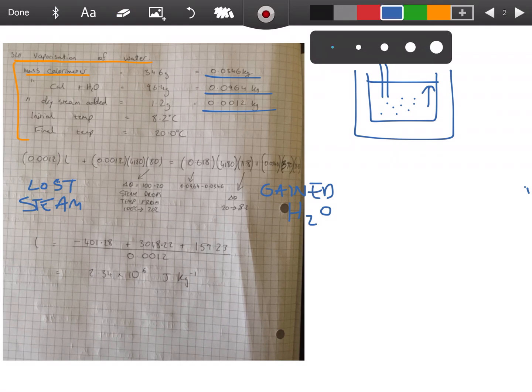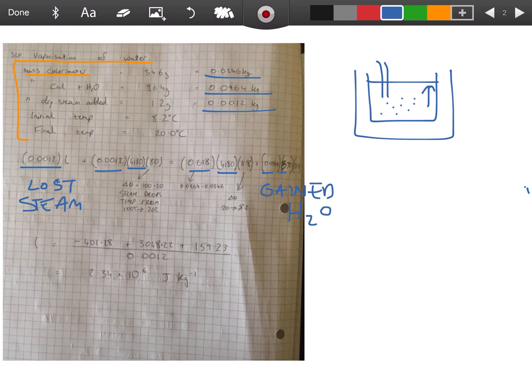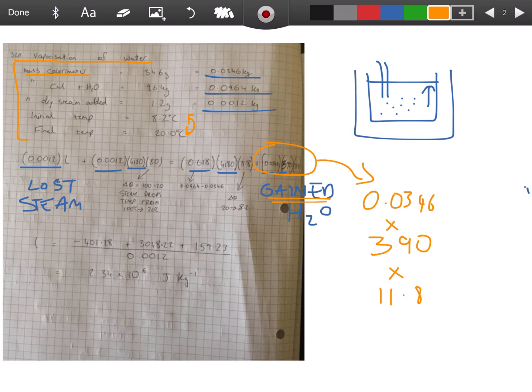Okay, and again, just the values popped in: kilos, kilos, kilos, kilos. I've got my specific latent heat, again that's water, a constant given to you in the question, there, and then 390. I'll just rewrite those three for you because they might not be as clear as you can see there. It's 0.0346 multiplied by 390, which is our specific latent heat of copper, and 11.8, which is the change in temperature from 8.2 to 20, I should say, because that heat's going up, because that's the gained side. All right, so we pump all those in, and we get a value